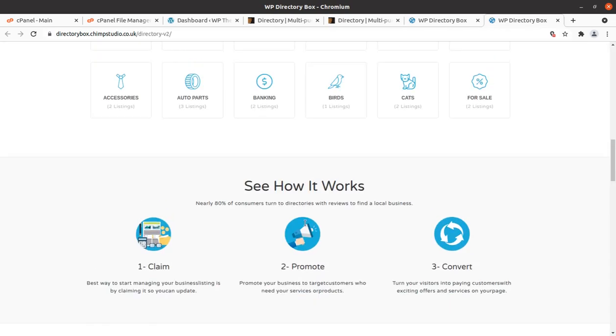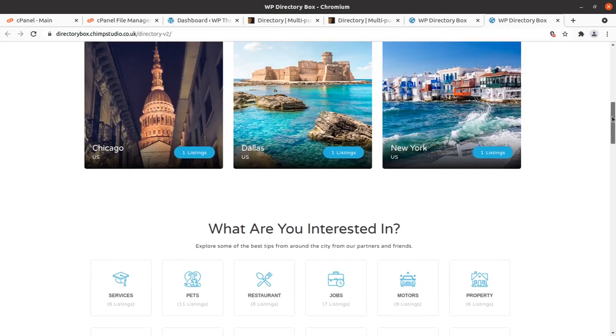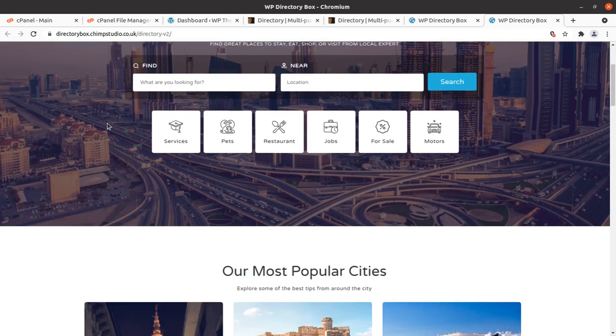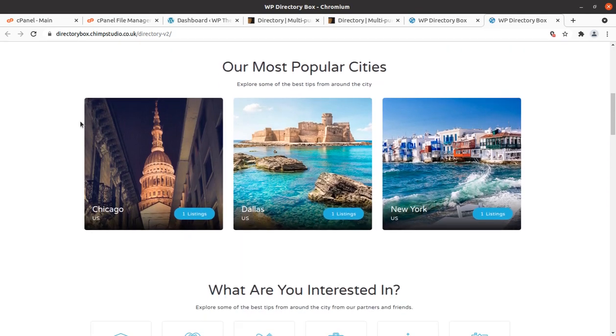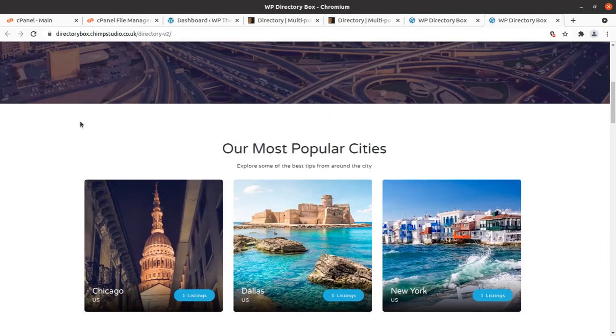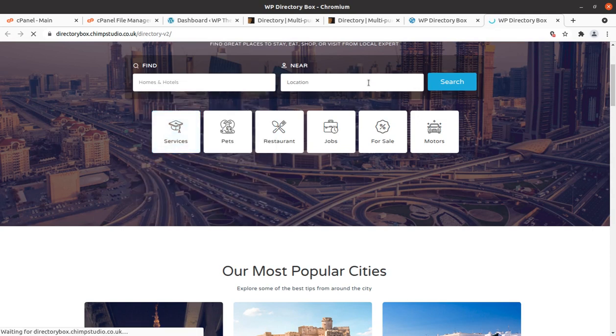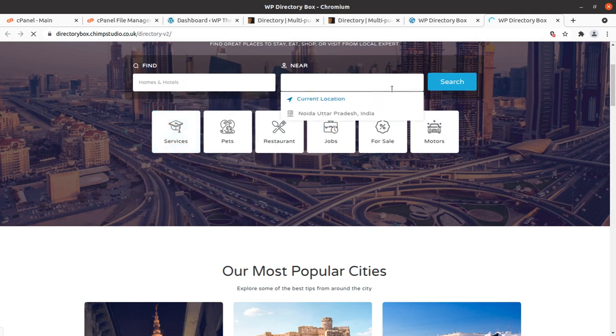And this is the second demo. This is a classic look of the Directory Box WordPress theme, and you can choose any as per your choice and requirement. And the main feature is this search function, and it is really great.